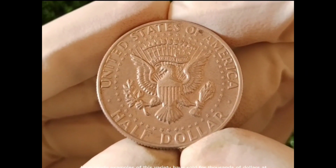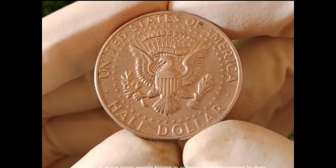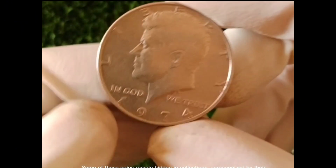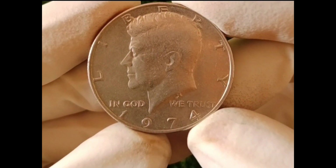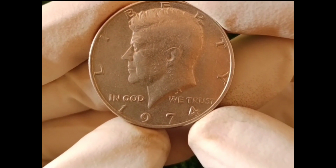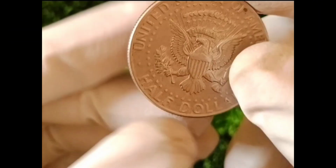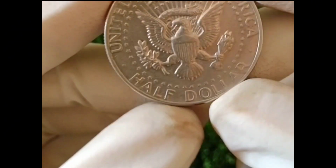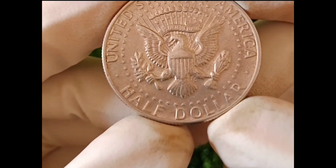High-grade examples of this variety have sold for thousands of dollars at auction. Some of these coins remain hidden in collections, unrecognized by their owners. If you have a 1974 Kennedy half-dollar, it's worth examining closely to see if it could be a valuable error coin. A few 1974 Kennedy half-dollars were accidentally struck on special planchets meant for other coins, resulting in unique surface